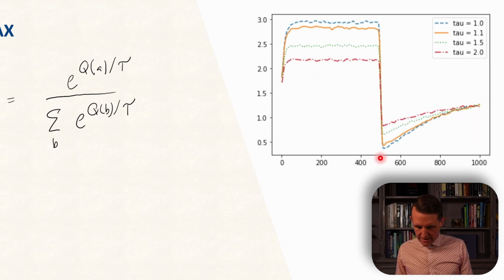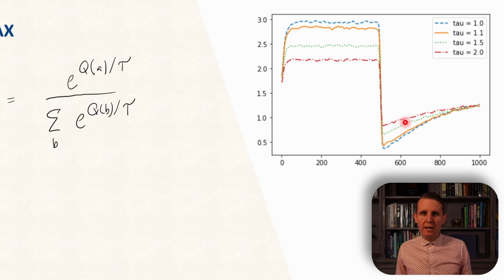In this graph here, at step 500, we change all of these probabilities, and we can see, of course, as expected, the performance of all the algorithms does quite poorly. The Q values we had before are now meaningless, and it's still exploiting them quite a bit in all of these strategies. However, what we see here is that tau at 2.0 recovers the quickest, and the higher the value